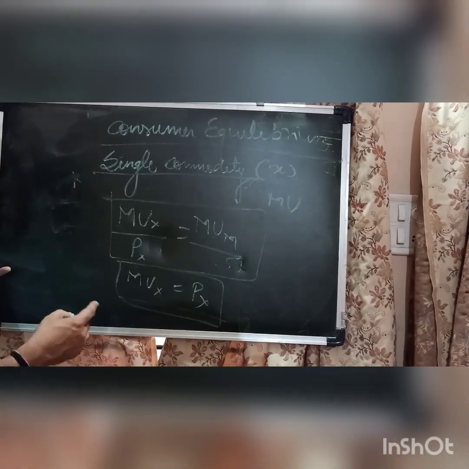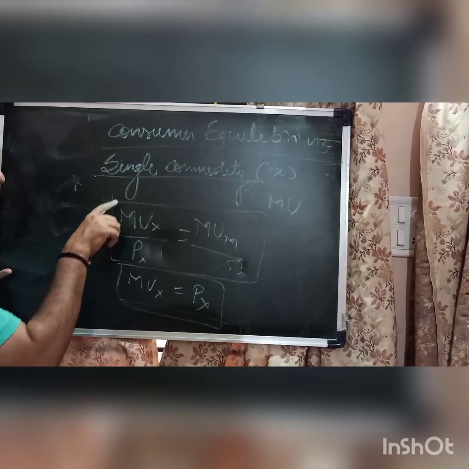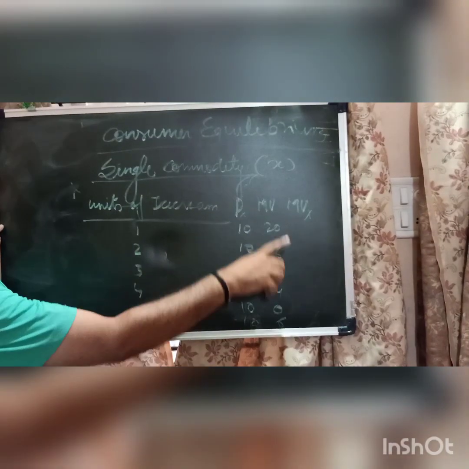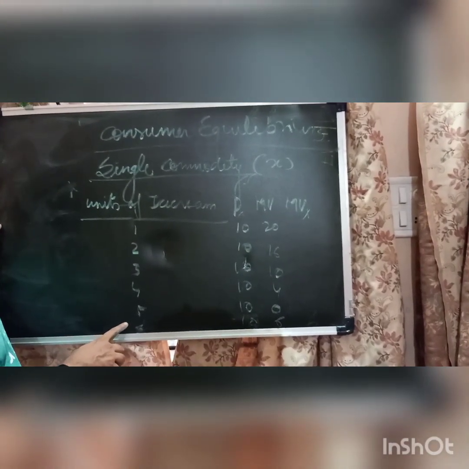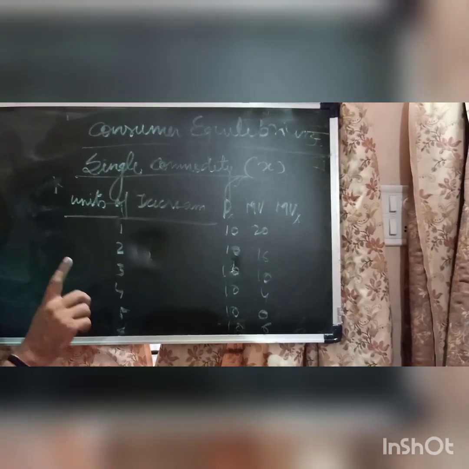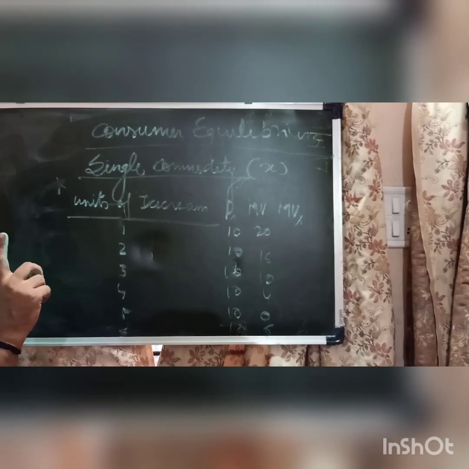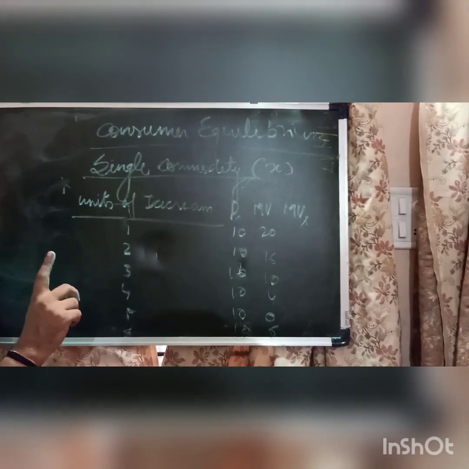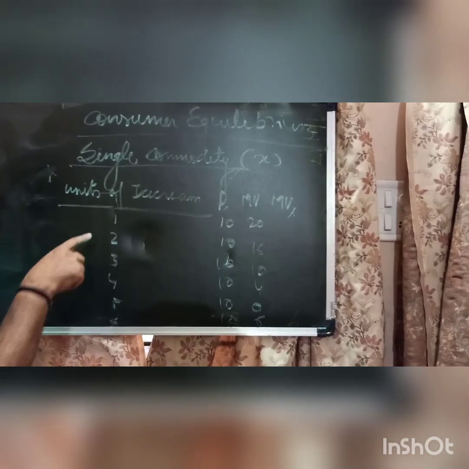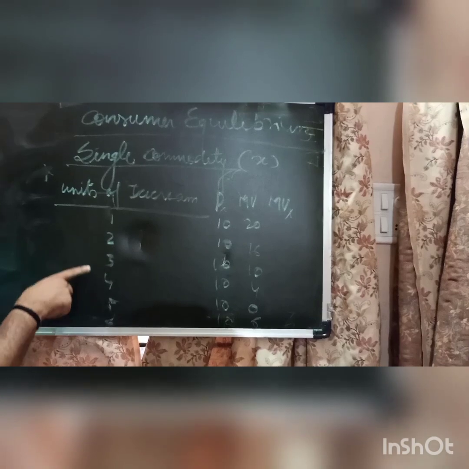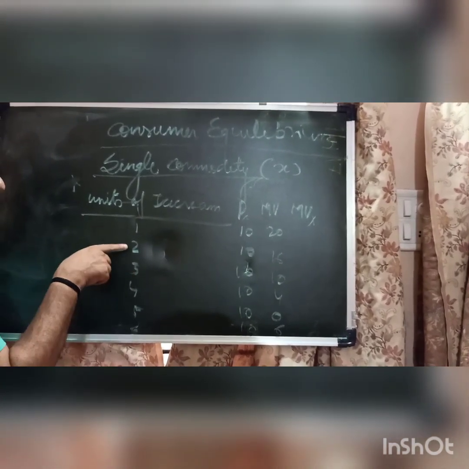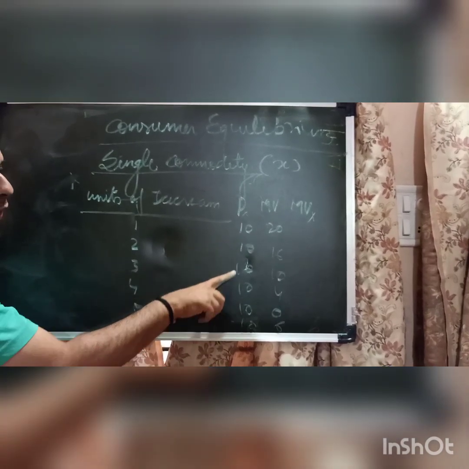Now we will understand this with the help of an example. We will get this explanation with the help of an example. Now this is the question. This question can be understood as: I am having some rupees, whatever rupees I do have. In the question when utils are not given, in all such questions we consider 1 rupee is equal to 1 util. Now these are the units of ice cream, 1, 2, 3, 4, 5, 6. Price of one ice cream is rupees 10. So definitely when we are eating 2, 3, 4, 5, 6, it will always be 10.